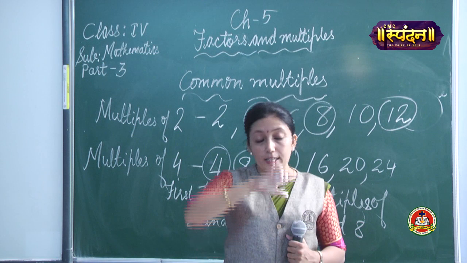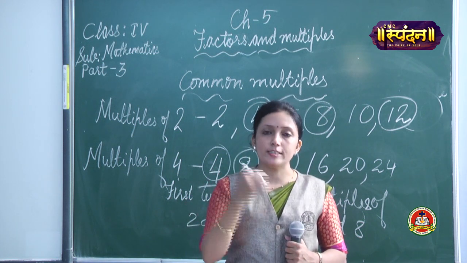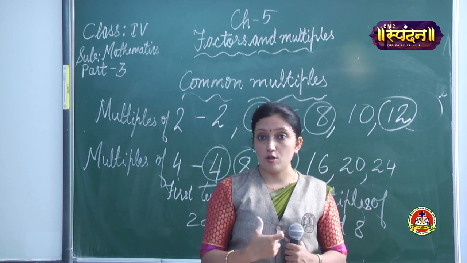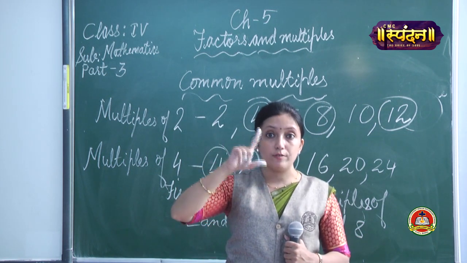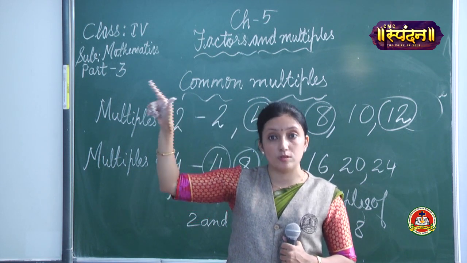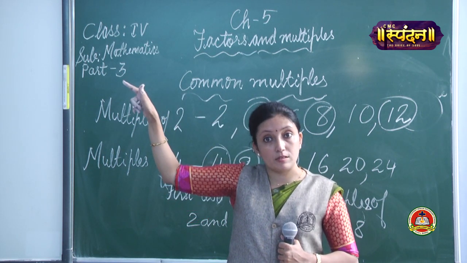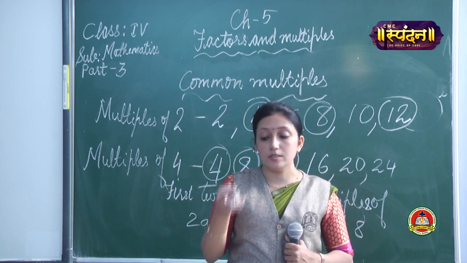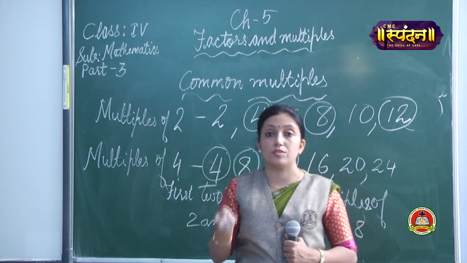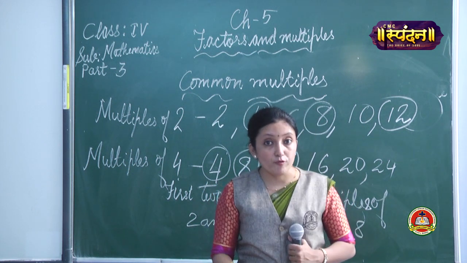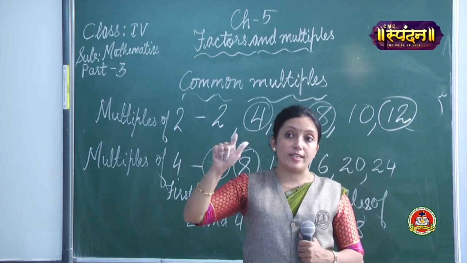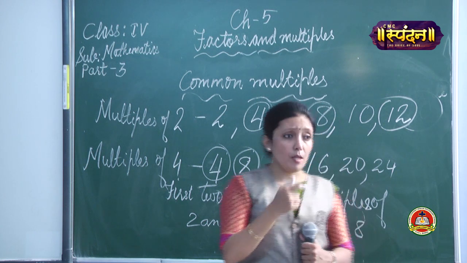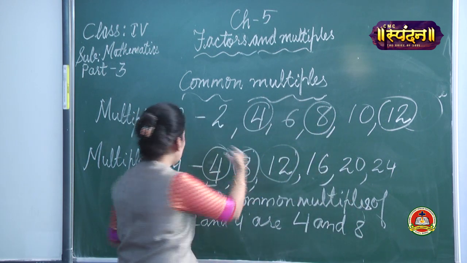We learned all these in factors also, we just need to see which are the sharing ones. Like in 5 and 6, I explained, I need to go till 5 1s are 5, 2s, 3s, 4s, 5s, 6s. Then I am getting 5 6s are 30, and the table of 6 I have done. 6 1s are 6, 6 2s are 12, 6 3s are 18, 6 4s are 24, 6 5s are 30. So there I got 5 6s and 6 5s, and only then I got the first common. But here, right at the beginning I got it, because of 2 and 4.